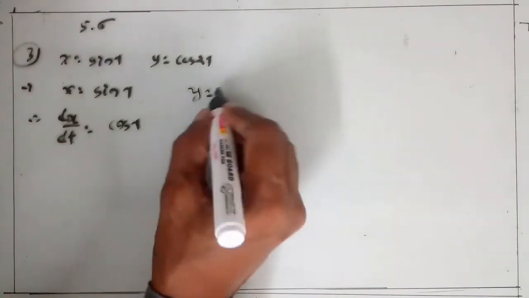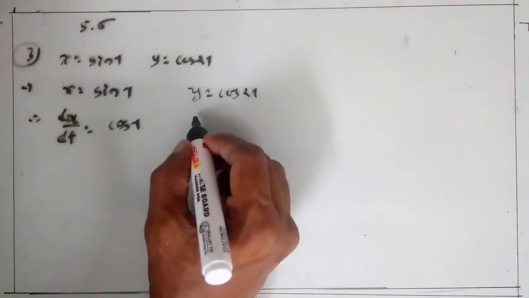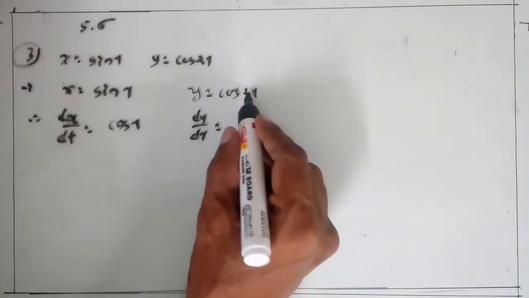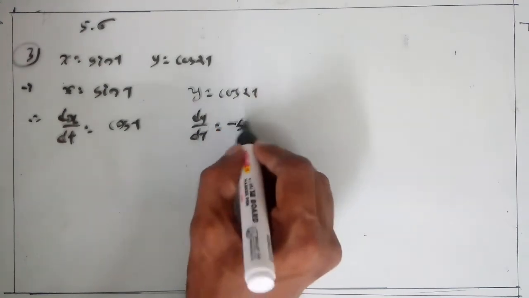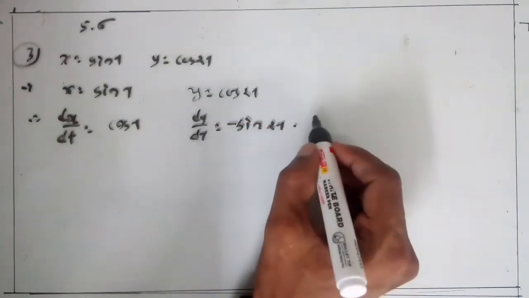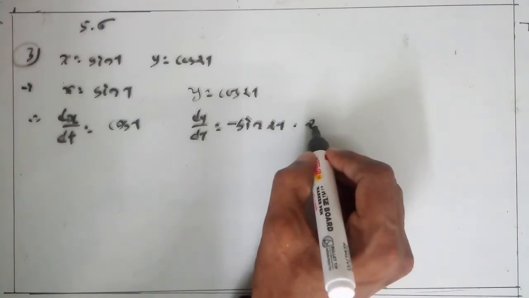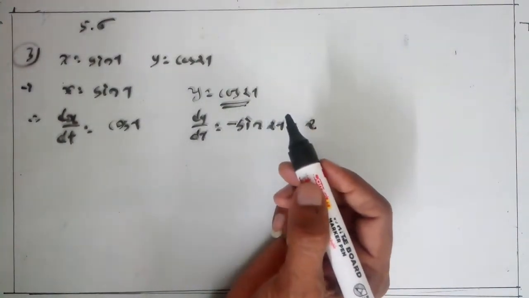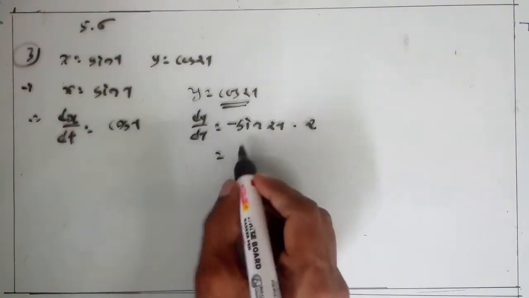Similarly, for y is equal to cos 2t, dy/dt is equal to the derivative of cos, which is minus sin 2t, into the derivative of the inner function, that is 2t. The derivative of 2t is, we know, 2. You know this is a composite function. Clear? So it is equal to minus 2